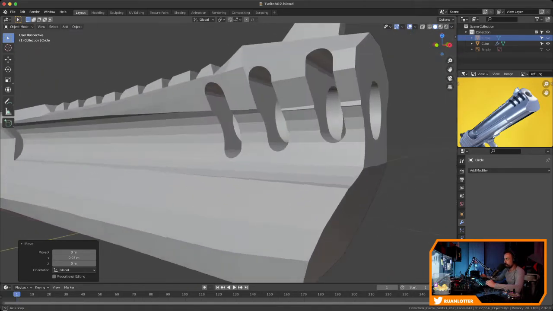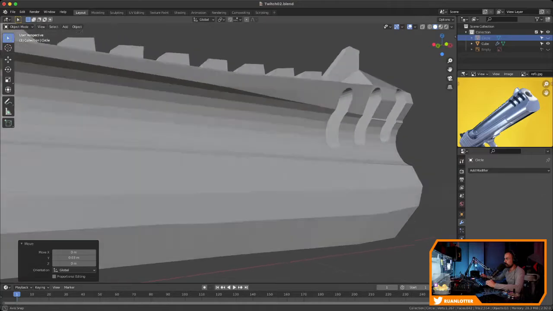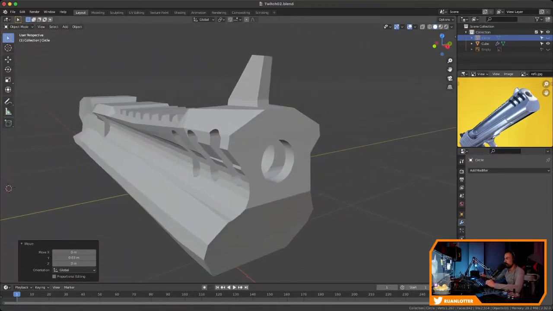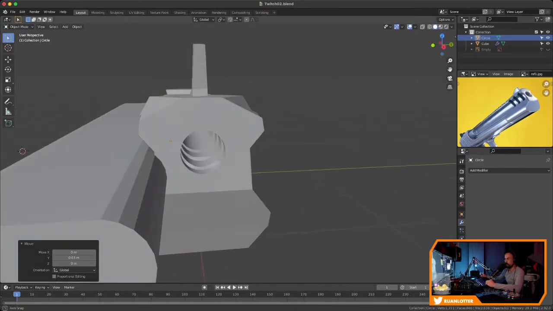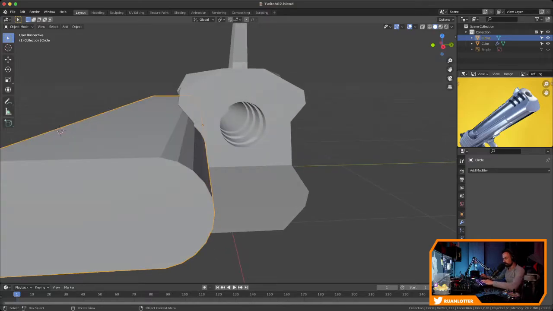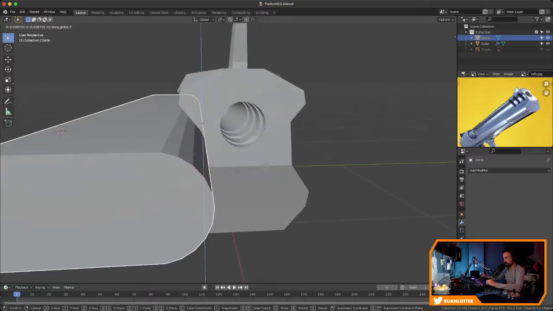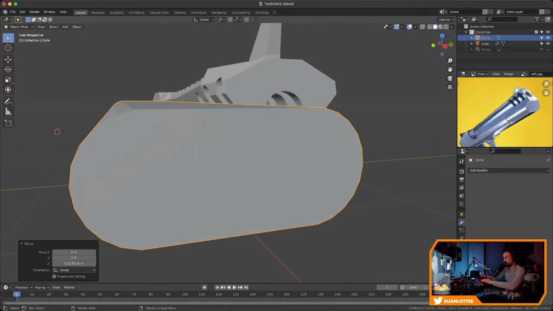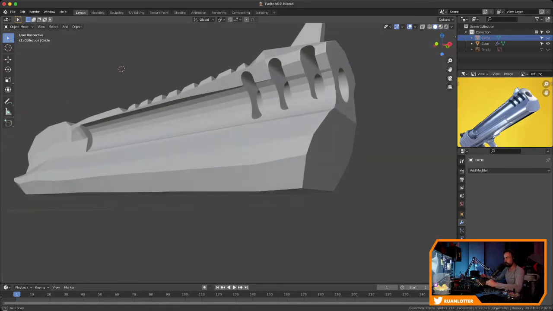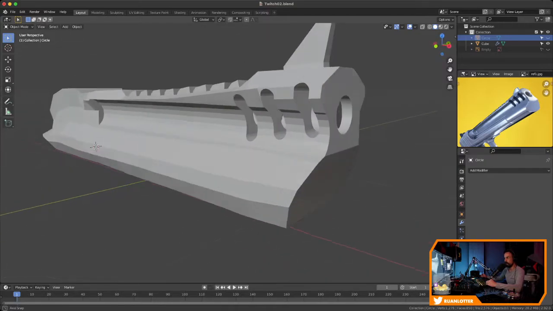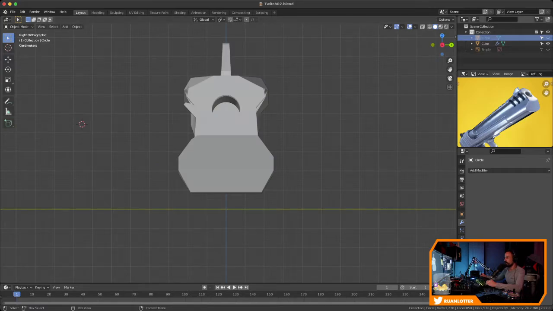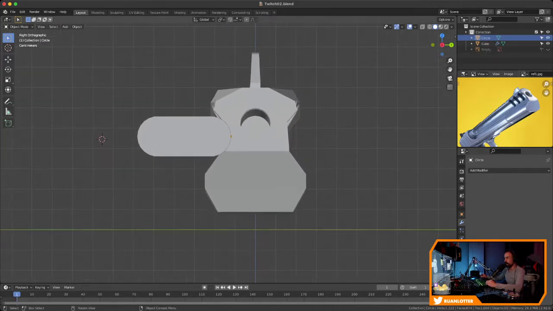What's happening here in front? Let's see what we can do here. Yeah, that's kind of what it's doing. So maybe we can just move this up slightly. So G Z and just move it up so that front looks a bit better. And then we just need to do the same on the other side. So let's unhide that again. And maybe,